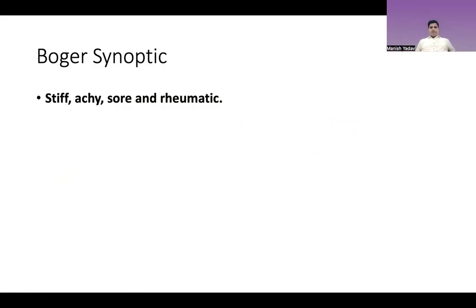Stiff, achy, sore, rheumatic. So, as we know, rheumatic complaint, rheumatic heart disease, arthritis, is an important component of Medo. So they are stiff, always aching and paining, and rheumatic. This you can observe. Patient doesn't have to say. You can observe this. Patient is having arthritis, rheumatic trouble, and is very stiff with a lot of pains. Dwarfish. Okay. We already talked about it. I'm not going to go deeper into it. Dwarfishness. You have to differentiate with other remedies like Baryta carbonica.